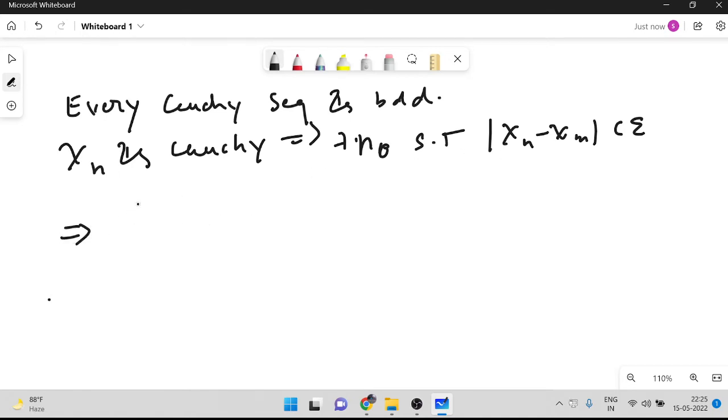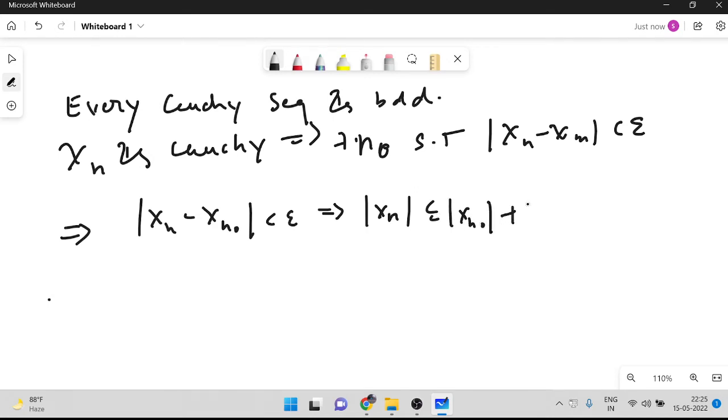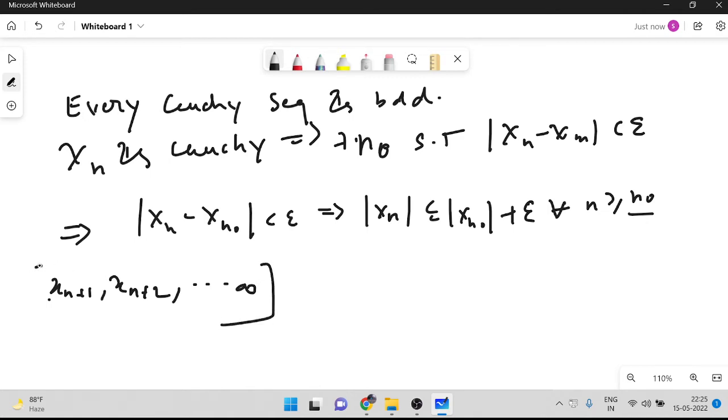Just fix an n0, so mod of Xn minus Xn0 is less than epsilon, which implies mod of Xn is less than or equal to mod of Xn0 plus epsilon for all n greater than or equal to n0. So Xn0 plus 1, Xn0 plus 2, and so on till infinity,